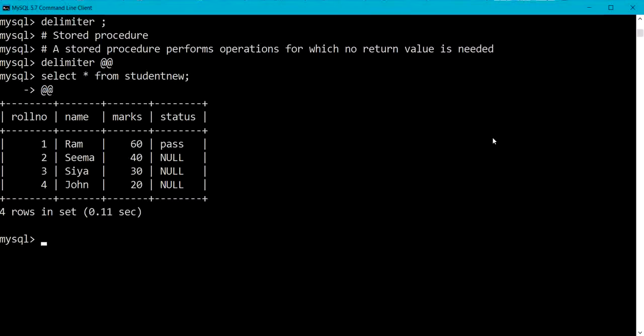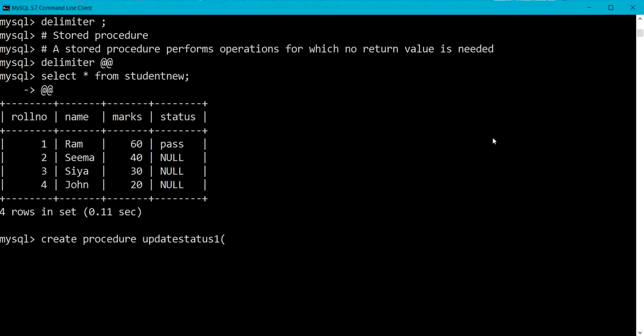So let me write the procedure as per the syntax. So here I am writing create procedure. So I need to give name of the procedure, create procedure, update status 1.